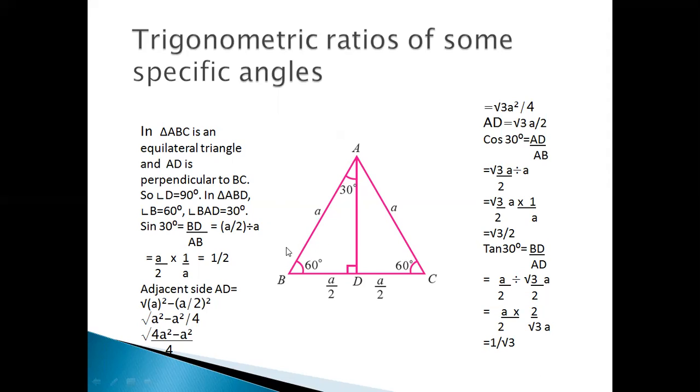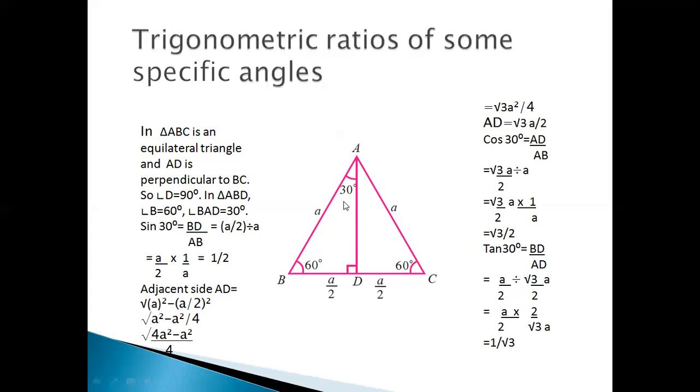Here let us consider triangle ABD. Let us assume the length of all three sides of the equilateral triangle as A units. So BC is A units, and AC is also A units. Then half of BC is what? A by 2, because I have assumed the BC length as A units. Similarly, DC length is also A by 2, because half plus half is equal to 1, that is completely A units. Now, let us consider triangle ABD. In triangle ABD, angle D is equal to 90 degrees, angle B is 60 degrees, and angle BAD is